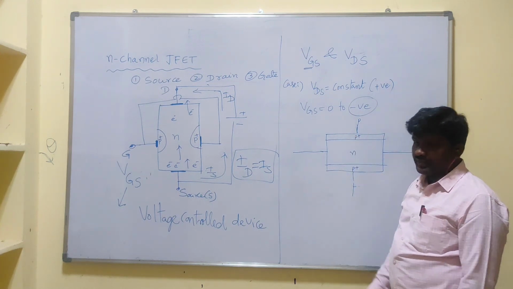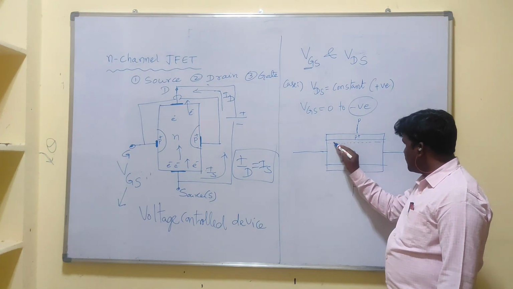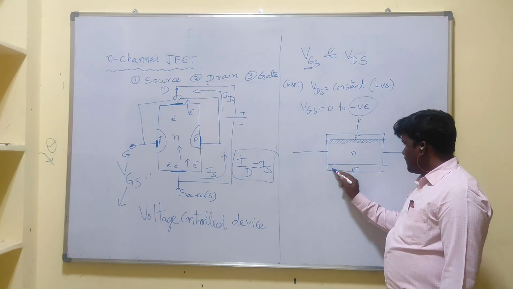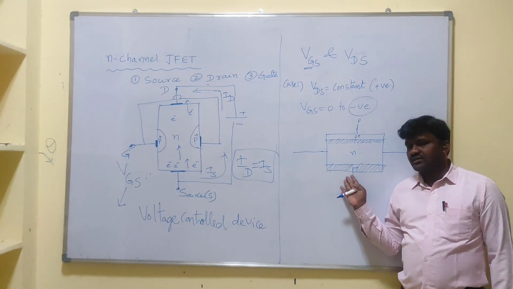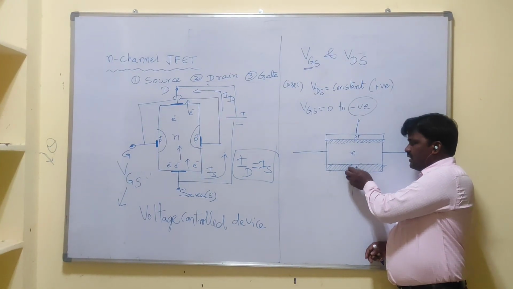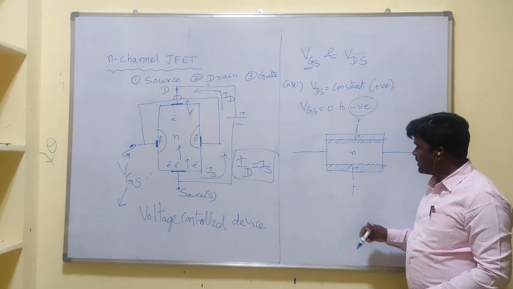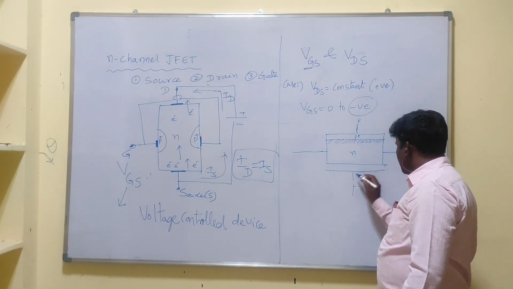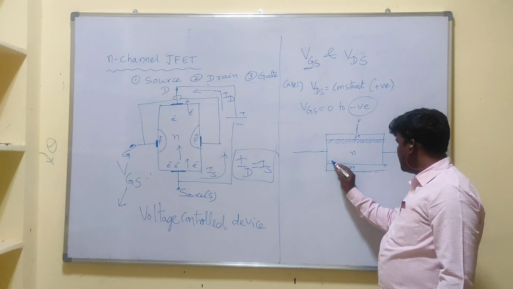Suppose if VGS is 0, in that case we have the formation of the depletion region. Initially, if VGS is 0, there exists what? As these regions are heavily doped, diffusion of the majority charge carriers takes place into the channel. As we are losing the holes, here we will get depleted charge carriers. Because of the depleted charge carriers, we will get a depletion region on either side of the junction. So this is our P plus, and here we have